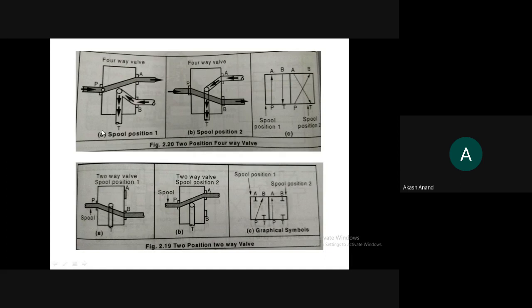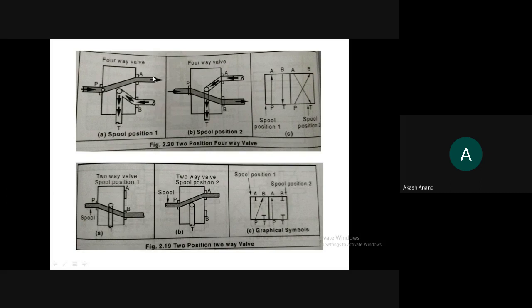By comparing a two position four way valve and its two positions, you can simply see how the graphical representation is done. So in case A, see the position of this pole. In the first position, you can see port P, from the pump, is connected to port A. This is one position, and port B is connected to tank port, that is T. In this position it is represented on the left side of the diagram, that is P is connected to A and B is connected to T.